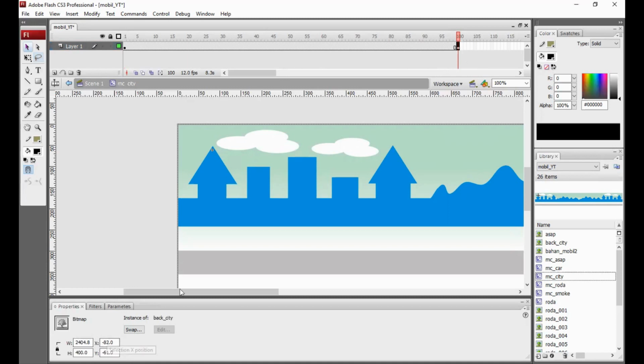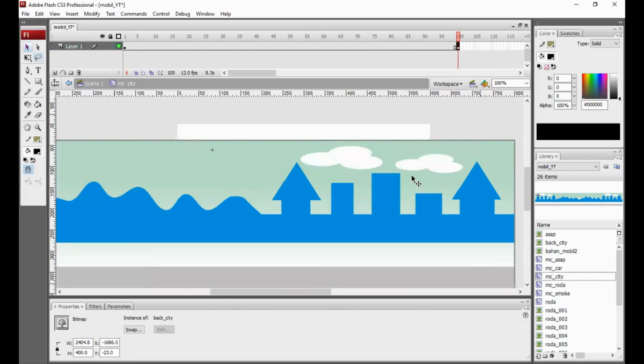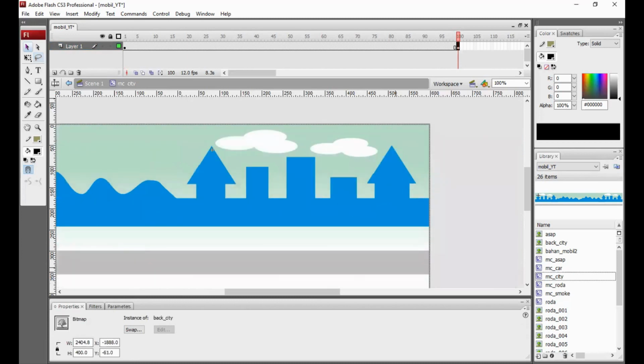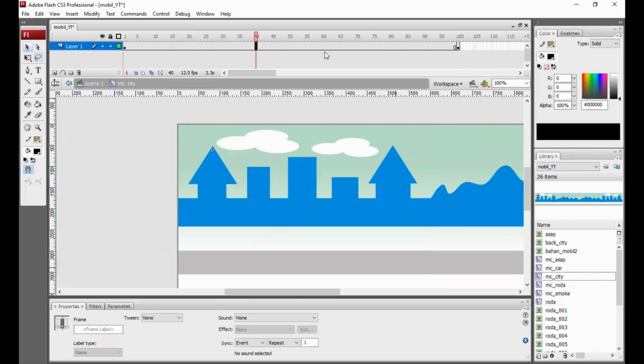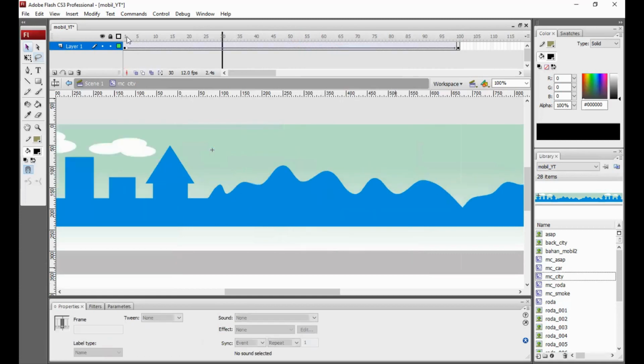Yeah, okay, then we can move it. Okay, that's it. Yeah, the point is the same, and we can give a motion tween here.